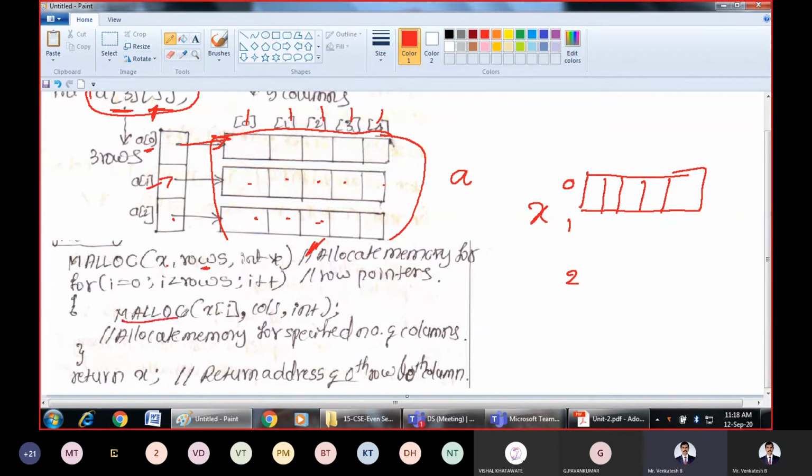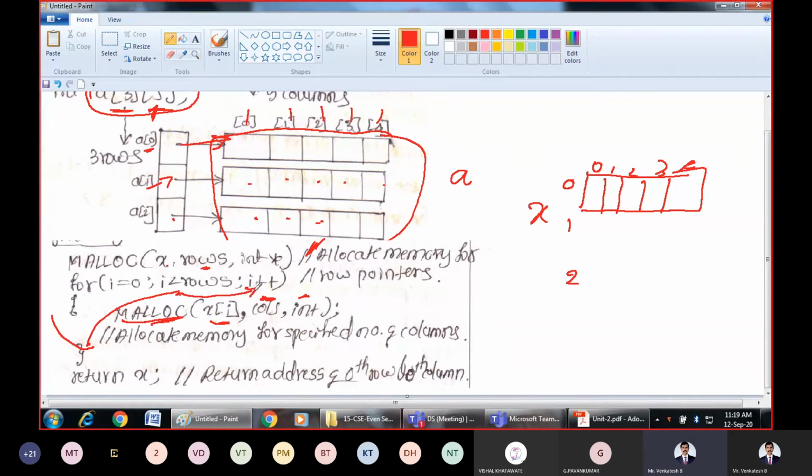Then for every row, allocate again by calling the malloc macro. For the ith index, that is for the 0th index, allocate this many columns of type integer. How many columns do you have to allocate? What is that second index? It is 5. So you have to allocate 5 columns, again starting from 0, 1, 2, 3, and 4. After allocation, the for loop will be incremented and control will get transferred to the next iteration. Control will go to incrementing, so i will be incremented by 1.